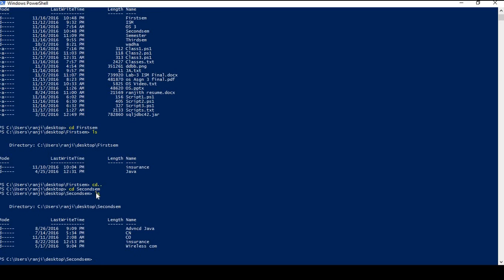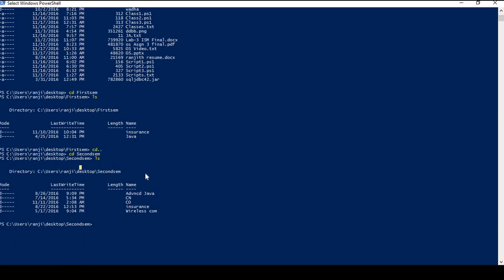As we can see, the ls command is used to retrieve all the files present in the directory, and the cd is used to change the directory. Now let us consider we want to move the folder co from the folder second sem to the first sem. This can be achieved using the command move item that can be given as